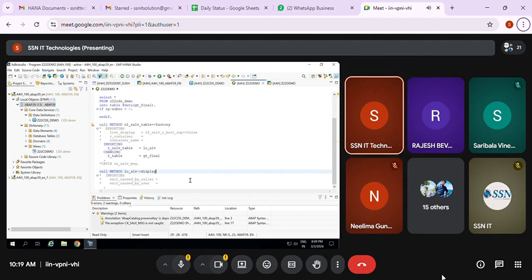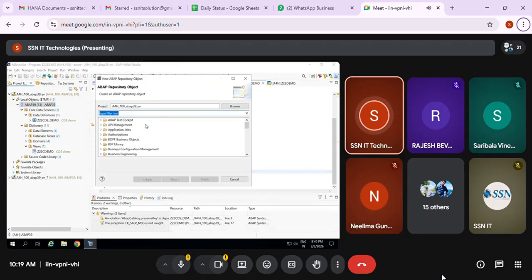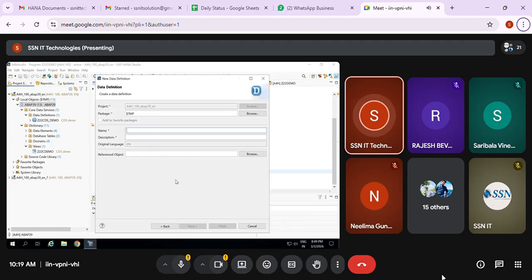Yes, ma'am. So then I'm just going to right click, create one more CDS view. Other dictionary objects I can choose directly under data definitions, no need of filtering all these things. Or if I'm choosing on the package, then I need to go like this: core data and services, expand it under the data definitions, use next and then create. If I right click on the data definitions, no need of doing all these steps. Directly I can create the CDS view.